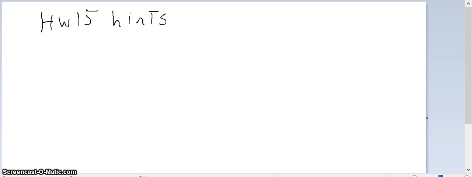All right, these are homework 15 hints. So we have number 2. These are, of course, the problems. They give us the density of the cloud of interstellar gas. These are clouds that are found between the stars. So the density of the cloud